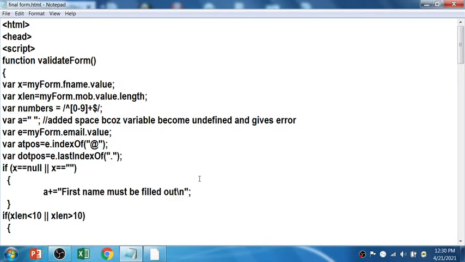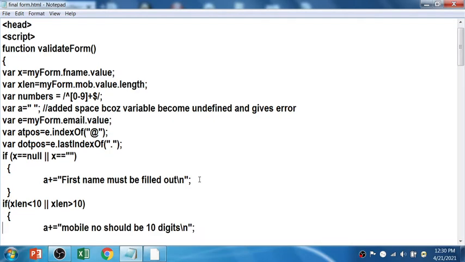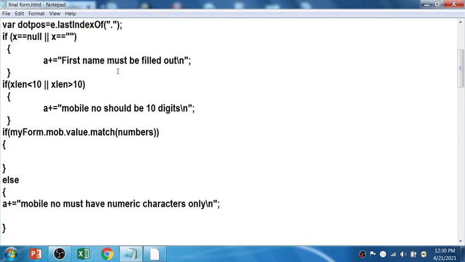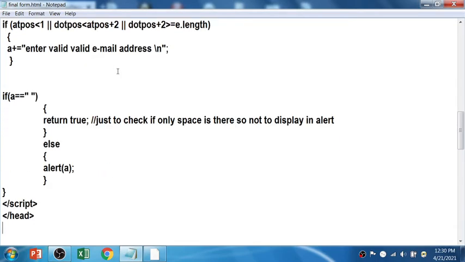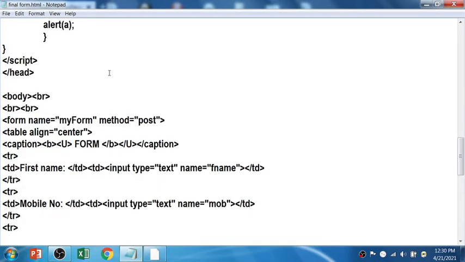First let's see what my form dot fname dot value is and how to get it. See, your form name is myform, and the first name input text box is fname.